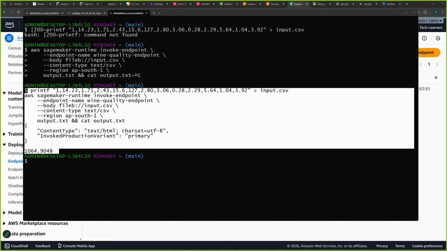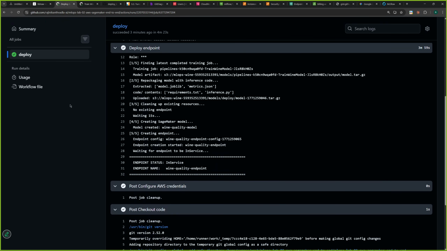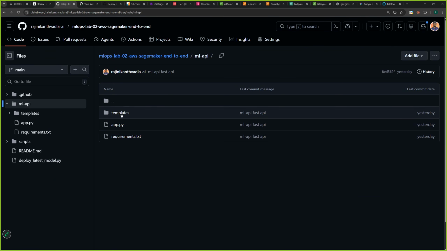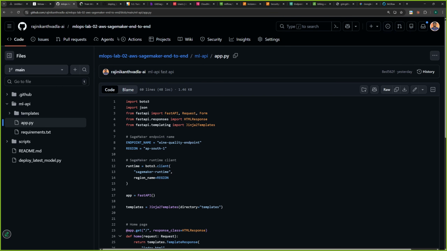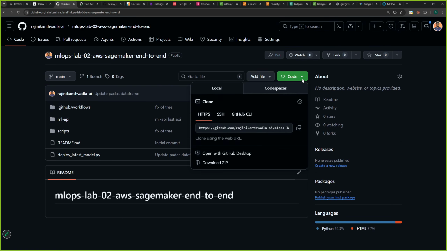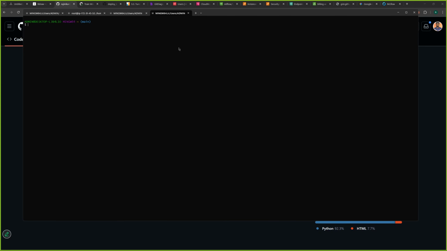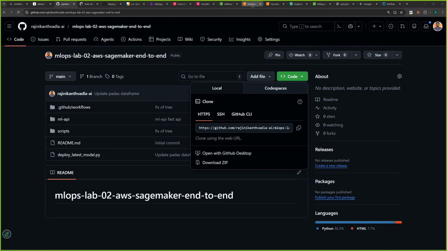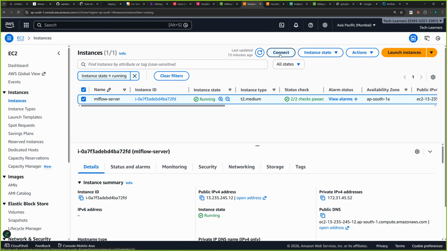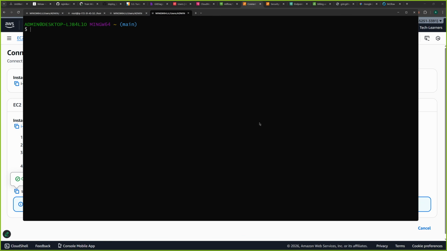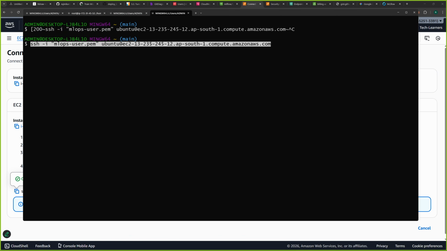So if I go to my repository here itself, I have also created an ML-API. Here you can see. So what I can do is clone this repository into my EC2 instance. Where is my EC2 instance, sir? Let me also log into the EC2 instance from one more session, because in one session that is running. Connect, come here, paste,